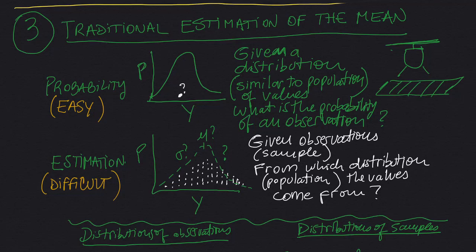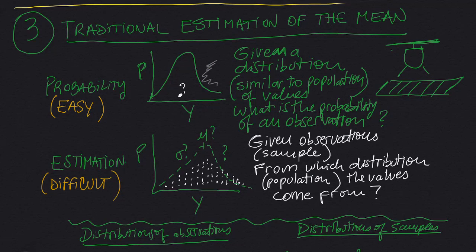The traditional estimation method of the mean takes into account this fact. We use probability theory in a different way. So in previous lectures we saw probability theory, and in probability theory we start with a given distribution, in this case a normal distribution,